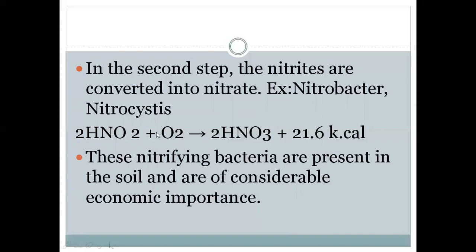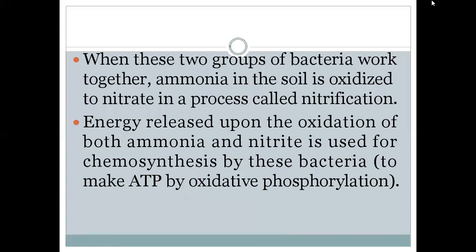These bacteria, which are converting ammonia into nitrates, are usually called nitrogen fixing bacteria, and they are very important to nature. When these two groups of bacteria work together, ammonia in the soil is oxidized to nitrate, a process called nitrification. Energy released upon the oxidation of both ammonia and nitrite is used for chemosynthesis by these bacteria